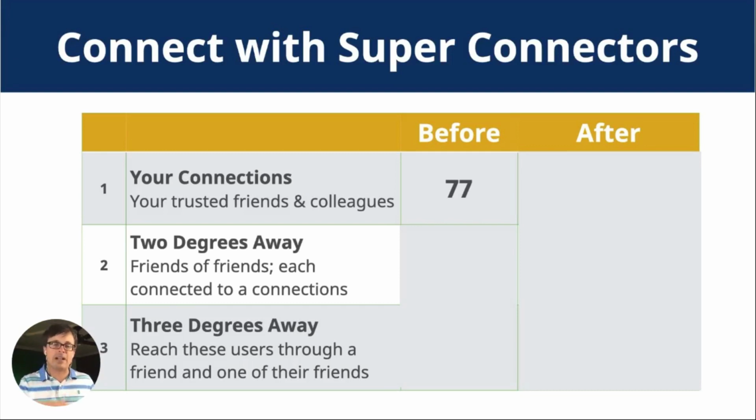Matter of fact, if you go back into the search field that we talked about earlier, you'll see under advanced search, you can search your first level, your second level, whatever. Your first level is like your trusted friends, colleagues, or those that you know well, or maybe know their face if you saw them out in public. It doesn't have to be that way, but for most people, the average person has 77 connections on LinkedIn today